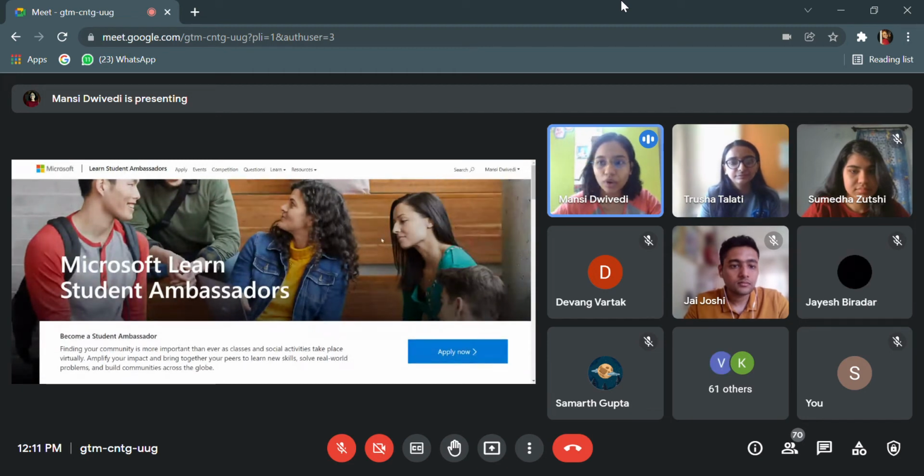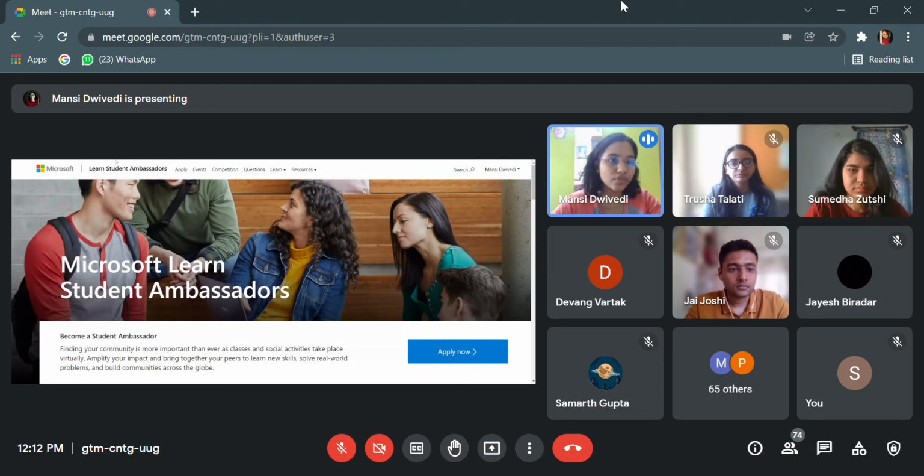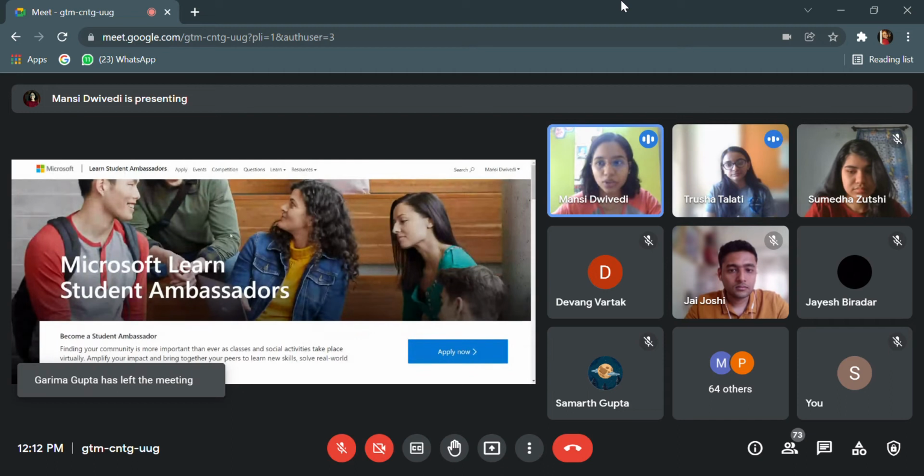So here I have already logged in through an account. First of all, the most basic thing you need is a Microsoft account. You need to create it. I am not showing that procedure because it is pretty easy. You just need a Gmail account if you have one, or you could create a new one, enter your password and stuff, and then you'll be logged in. So that is something you need to do beforehand. I have already created an account. First of all, you have to come to the MLSA website, studentambassadors.microsoft.com. Then you log in. Then if you click on apply over here,